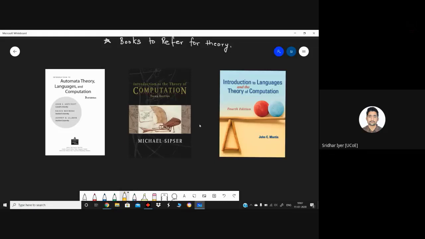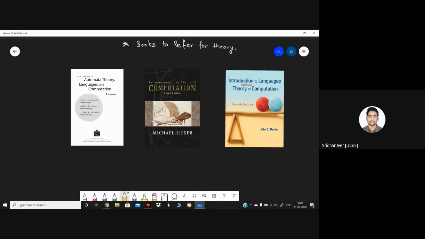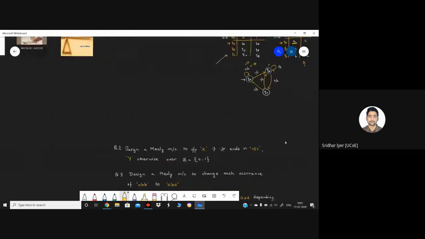In our live lectures, whichever theory part I encounter, I try to focus on that. But in addition to that, you need to write something extra in the exam. So kindly refer to these books and write the theory from these books. The problems we are doing in the lecture are enough, but for the theory, you can focus on these particular books. So let's move ahead towards the actual set of problems.